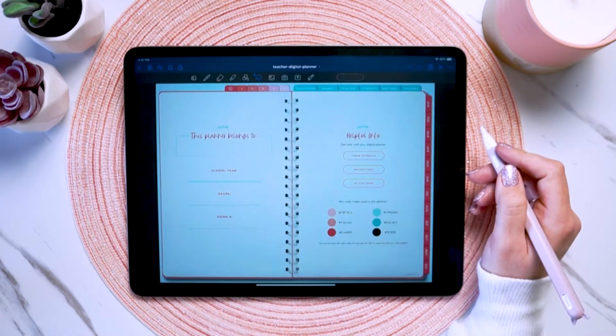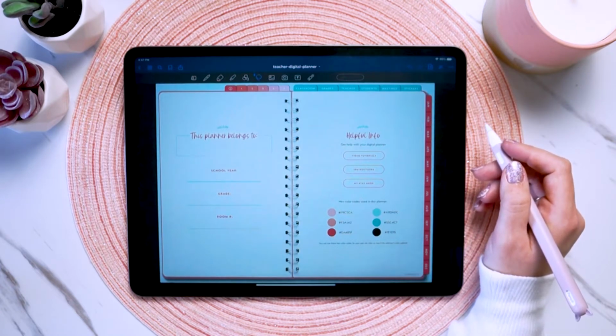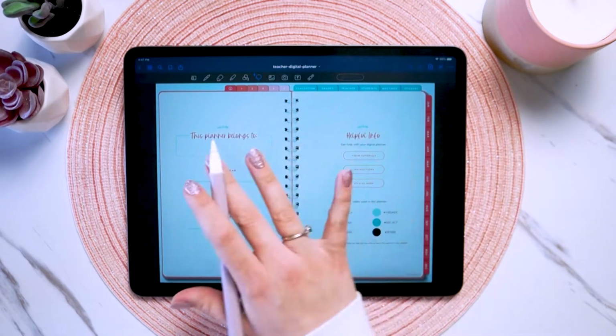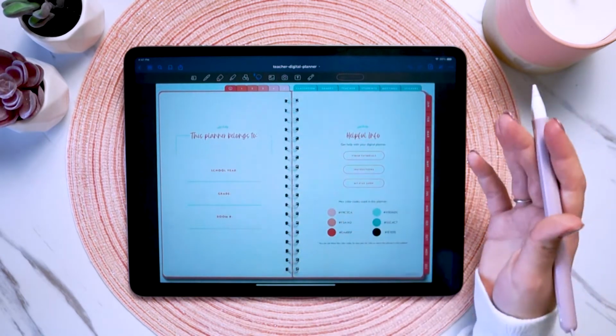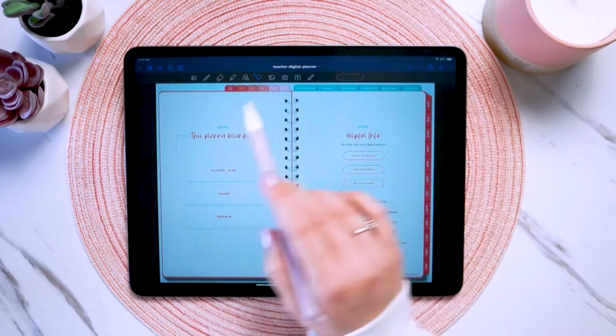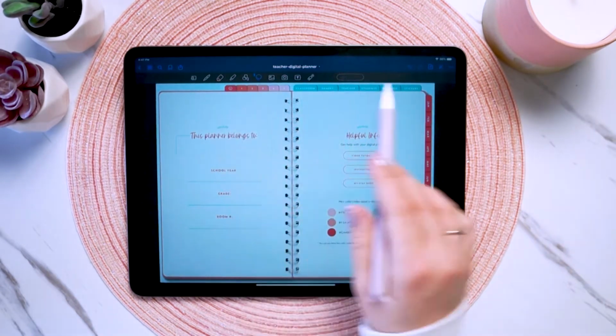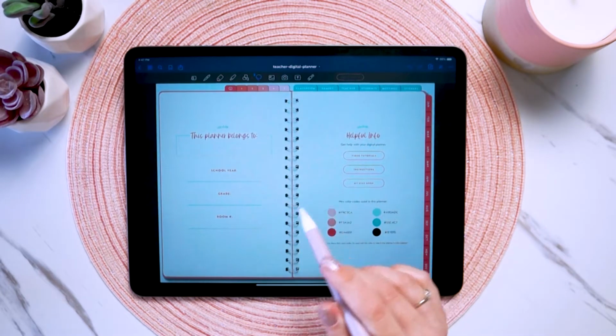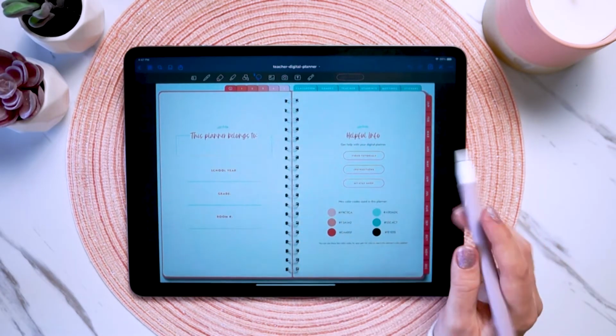So let's go ahead and go over the basics of how the digital planner works. Everything is hyperlinked together, which means that you can tap on the different hyperlinks to get to the page you want in pretty much just a tap or two. For instance, these tabs up here on the top and on the sides are all hyperlinked. These little buttons you see are all hyperlinked,